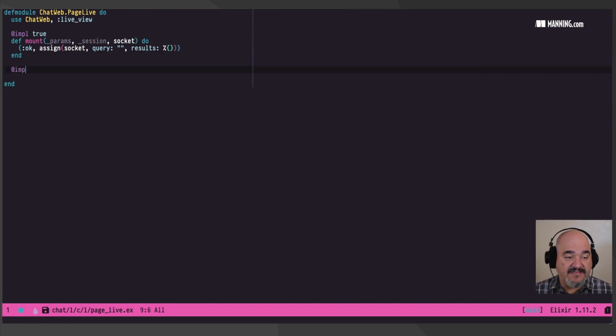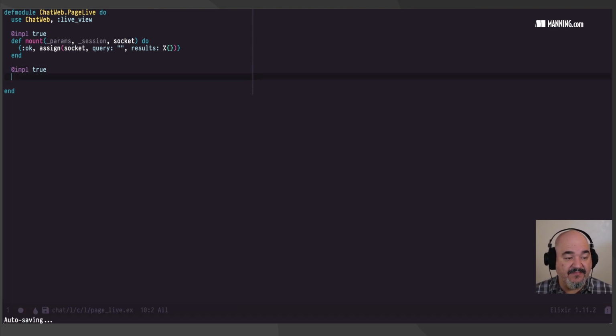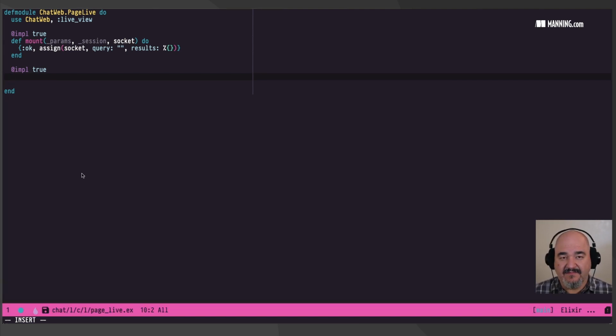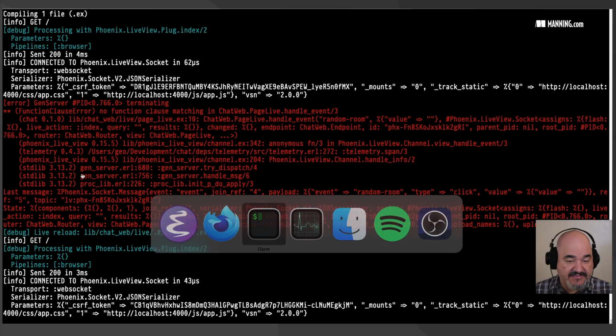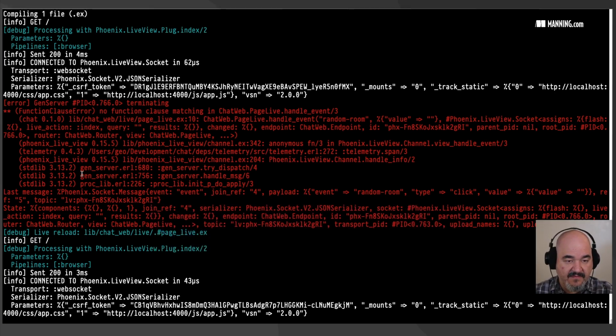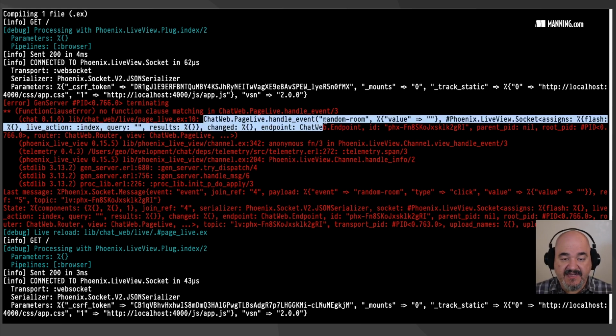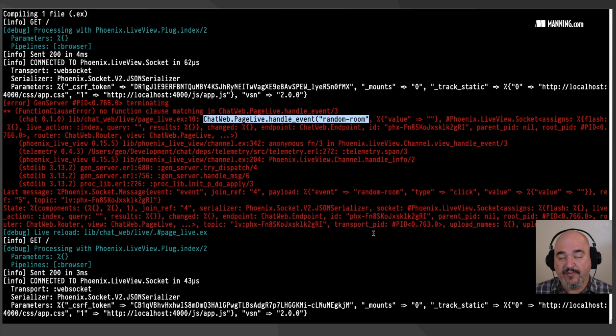But what we do want is to handle that click. So we can just say @impl true, which is basically saying, yes, this is an implementation. We're implementing a function in this case. It gives you some extra error handling and messaging for that, which is nice. So we can say def and go back to the error here. We can see how we need to define this. It says the function that was called was this page live handle event with random room as the